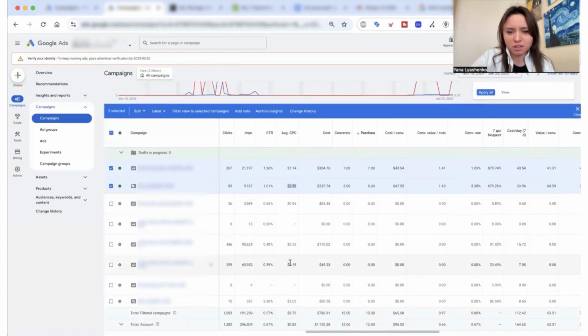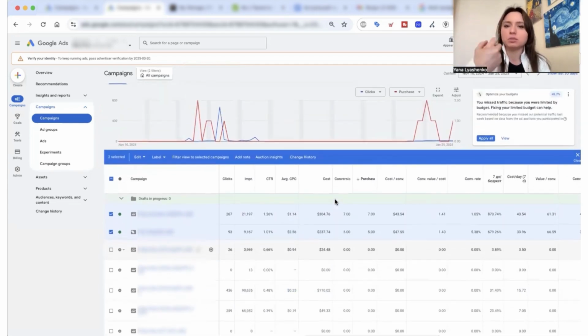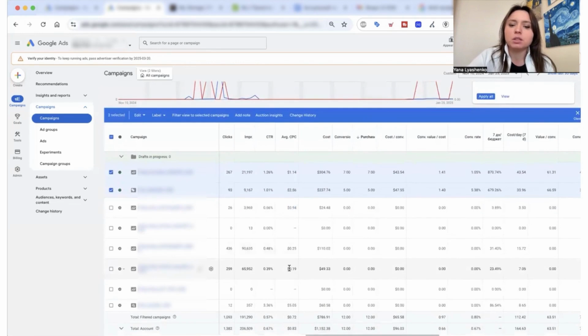Because if you look, we had both extremely cheap and extremely high costs per click here. We needed to understand why this was happening, and whether we could actually enter a super competitive auction by bidding a higher cost per click to drive sales from there, or if the real issue was with the feed itself and the quality of all these clicks was actually quite low.